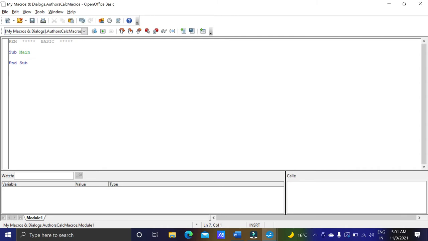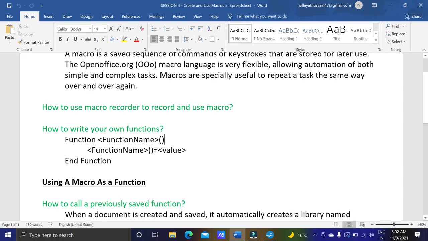For creating any function, we have to write Function first. After that I will write the name of the function. This is the way you can see, Function, then name of the function.